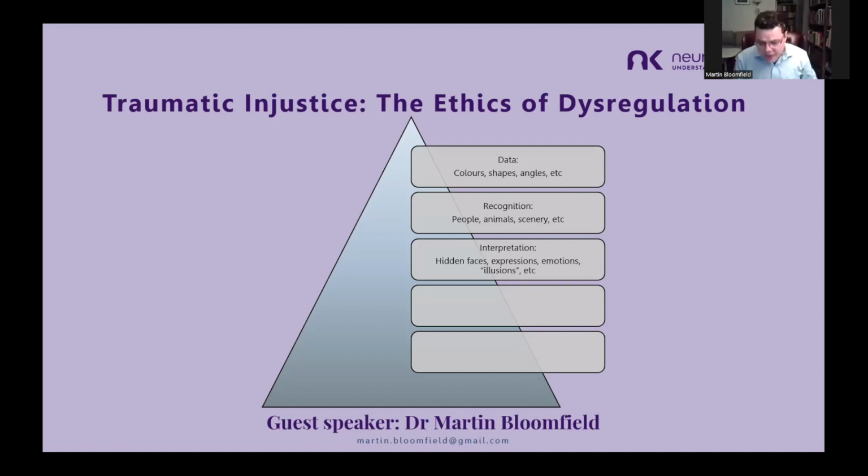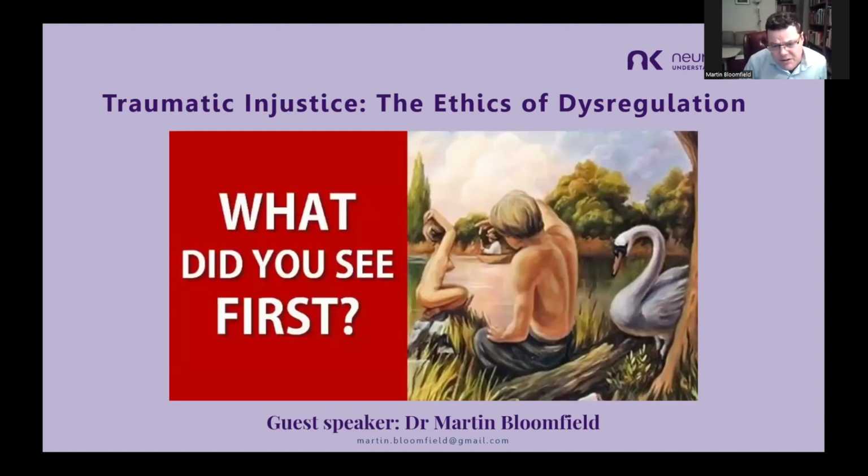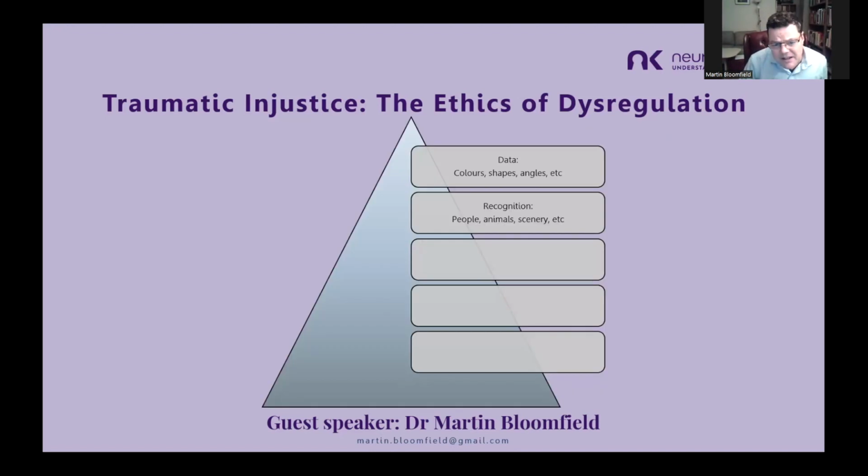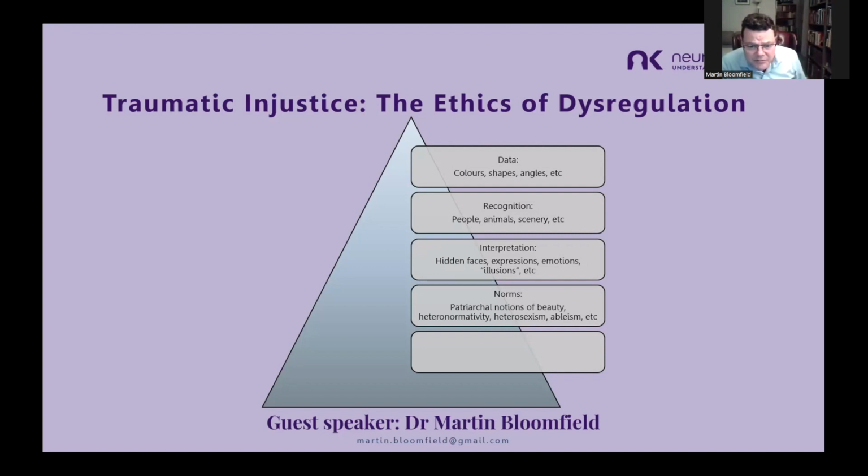But actually, if you think back to the picture, and I'm just going to show you this picture again. If you look at this picture again, here's something else I can see. I can see patriarchal notions of beauty. I can see heteronormativity. I can see heterosexism. I can see ableism, etc. Everybody in that picture conforms to a heteronormative, patriarchal, ableist notion of beauty. And once we realize that